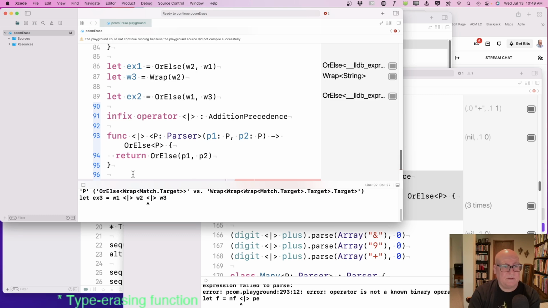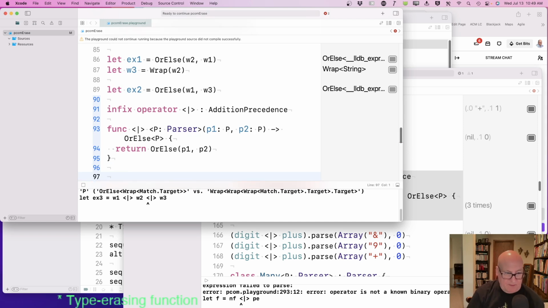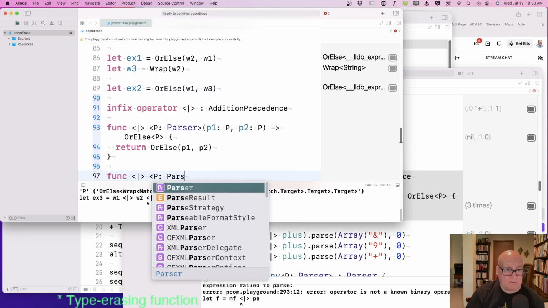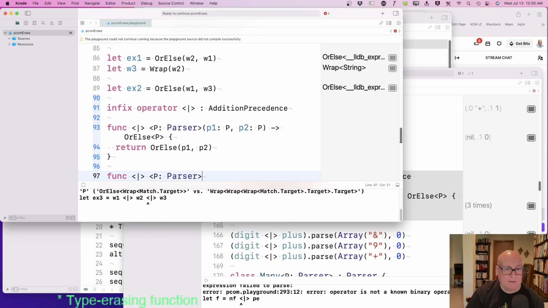I don't know if I'm... Okay, let's try this. P of parser. If we have P1